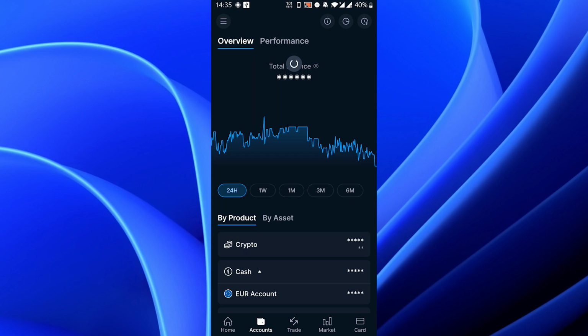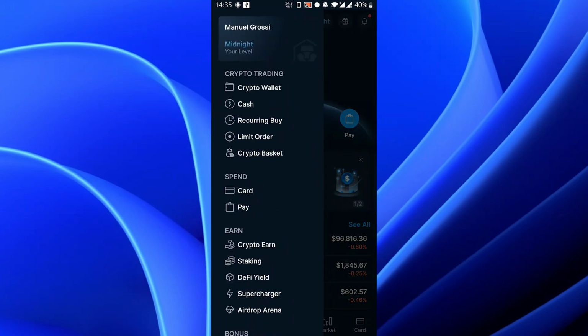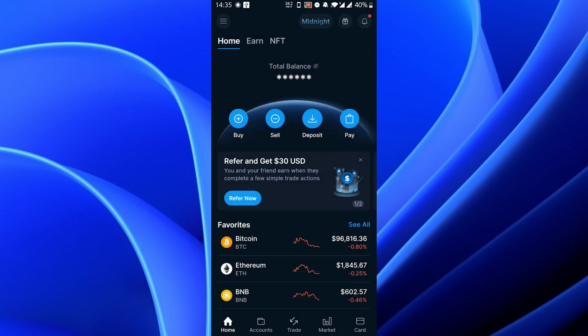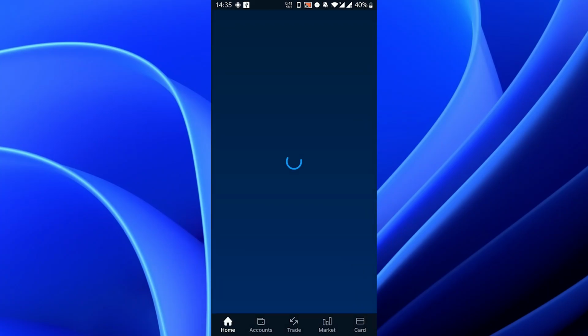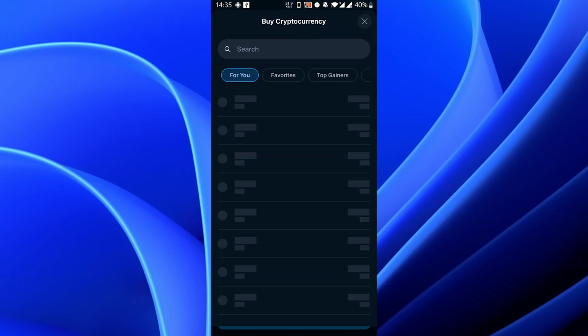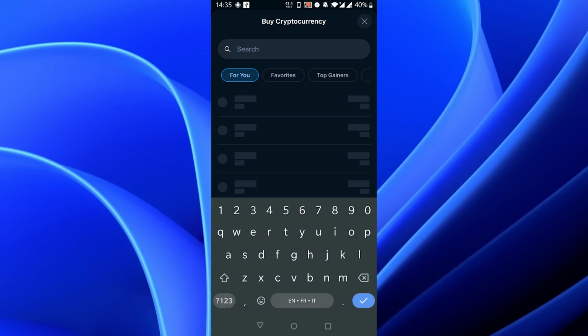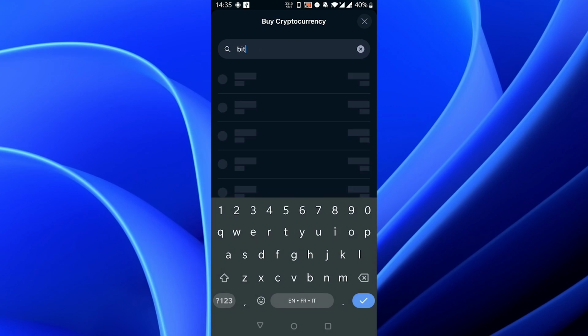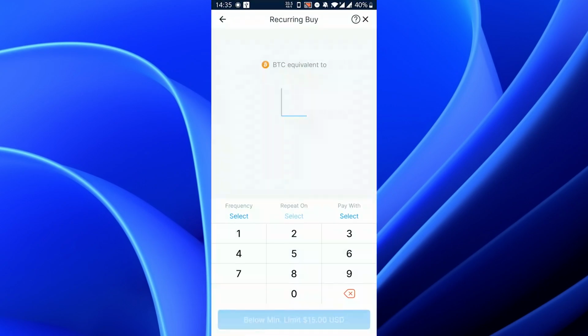Now I'll show you how to set up a recurring buy. Recurring buy means buying Bitcoin every so often. So again, click on the three lines in the top left corner, click on recurring buy. Here it will tell you set up periodic crypto purchases. Click on the blue button here that says set up recurring buy. Here again you need to type Bitcoin. Click on Bitcoin,